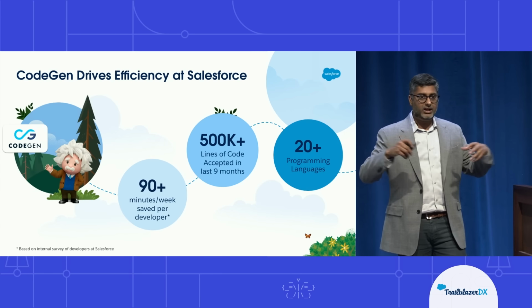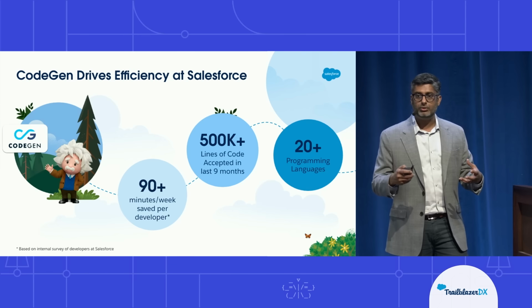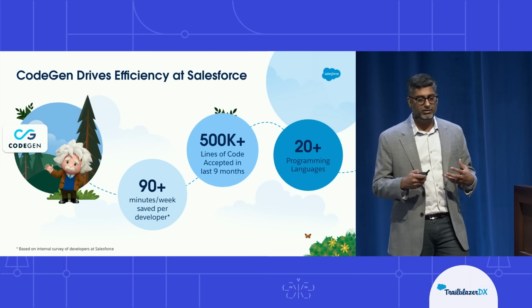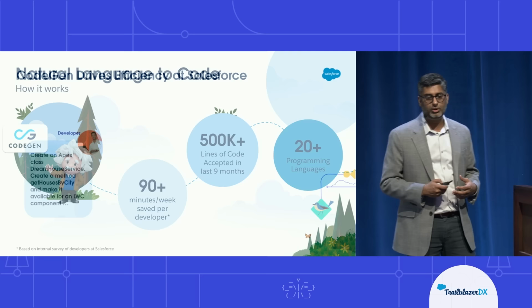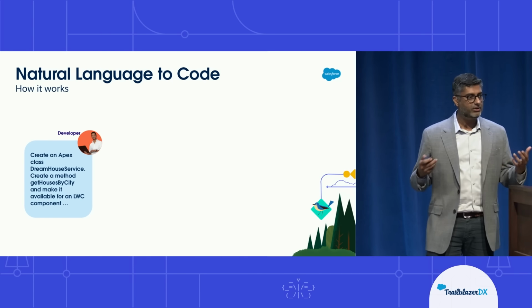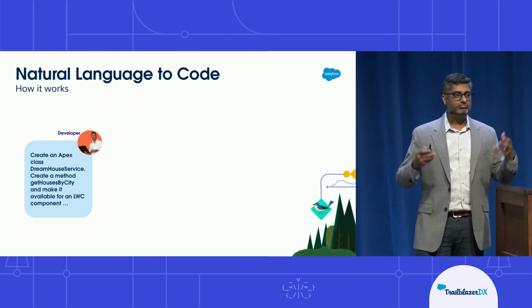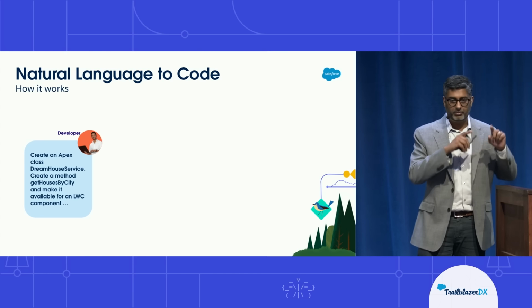It requires an entire pipeline to make sure that this experience is delivered to you in the workflow that you're used to. So let's look at how Einstein for Developers actually uses CodeGen for those experiences that Ananya just showed. The simplest use case is the natural language to code experience that you invoke from the sidebar. In this case, the user types in a natural language text in the text box by clicking on the